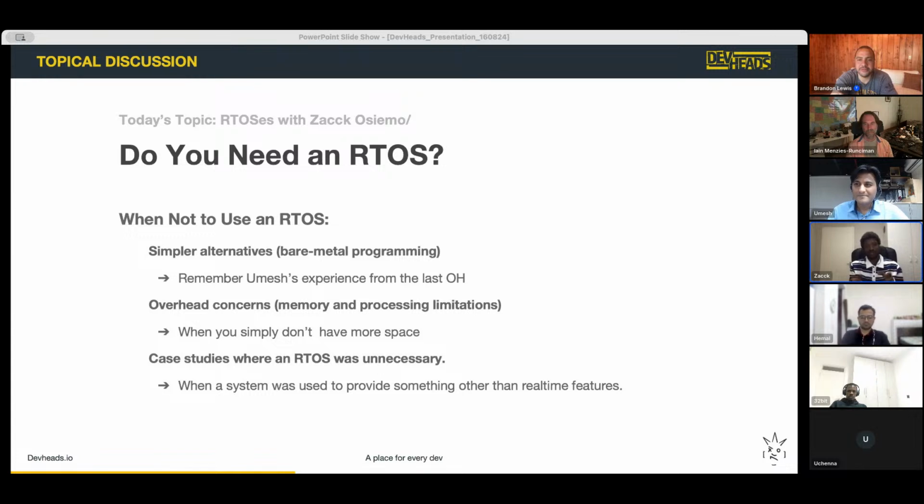You don't need to reach for an RTOS. One of the common things you need to start watching out for is this: once you start seeing that you need a timer that is non-blocking and that needs to hold several delays or several intervals across your application, if you find yourself building a timer that can be reused a number of times, and there are times where the timer has more than one delay in progress, then maybe you might need an RTOS. But you could also fix some problems with just priorities.